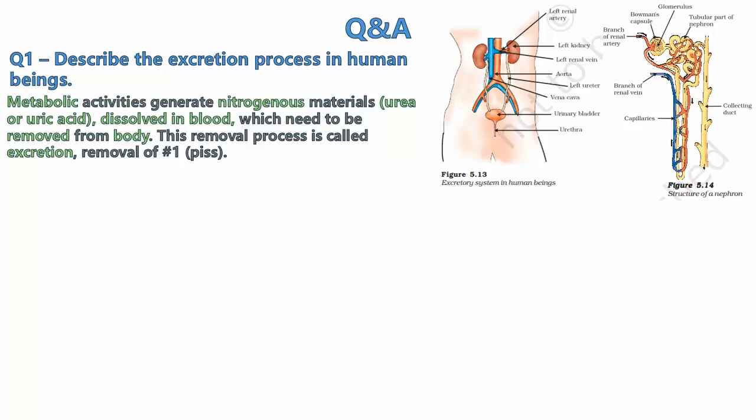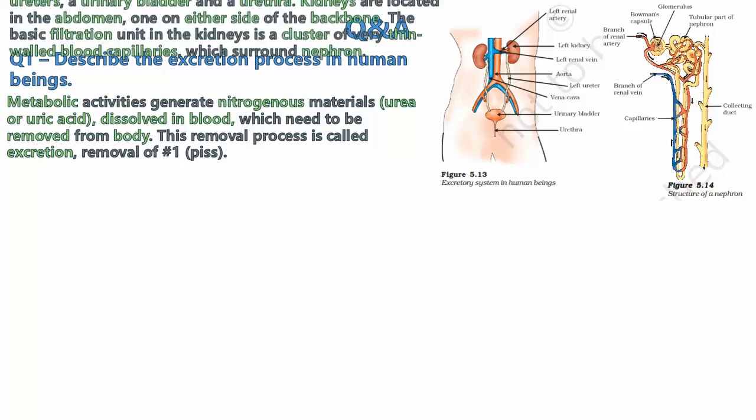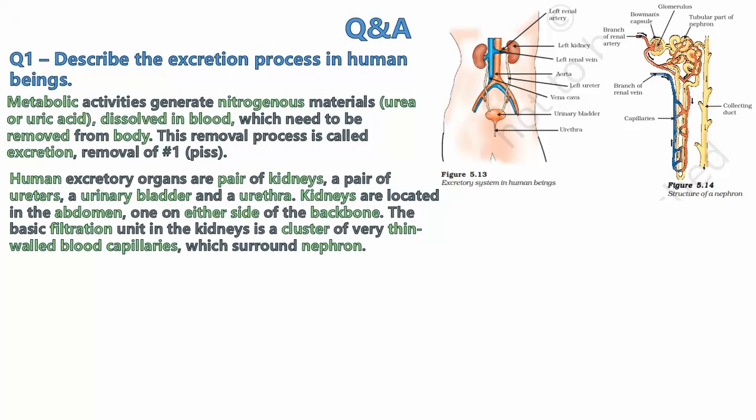Okay, so to describe it, metabolic activities generate nitrogenous materials, which are urea and uric acid, which get dissolved in blood and need to be removed from the body. The removal process is called excretion, and we are talking about number one here, that is the liquid product, which is urine. Human excretory organs are a pair of kidneys, a pair of